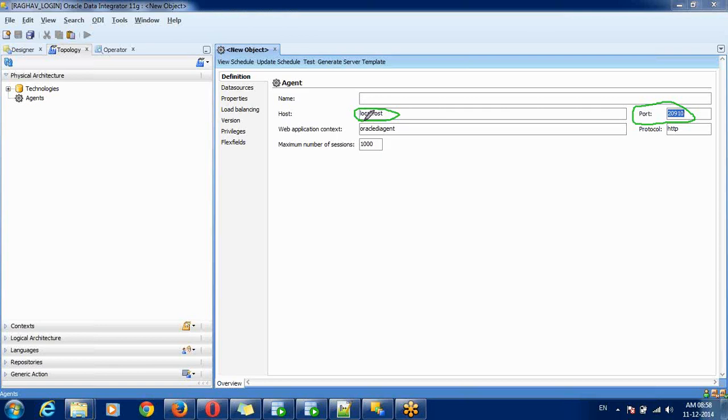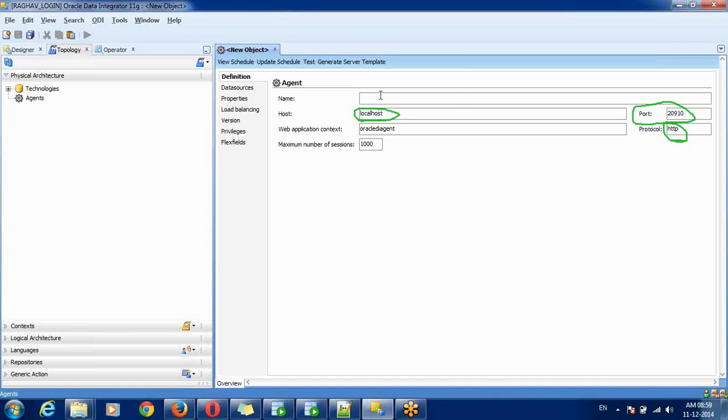For me it's localhost. Then the agent name, whatever you provided at the time of installation. Then the protocol: it is a standard protocol, we are using HTTP. If you are going for HTTPS, the secure protocol, you need to provide HTTPS. So these are the basic details.